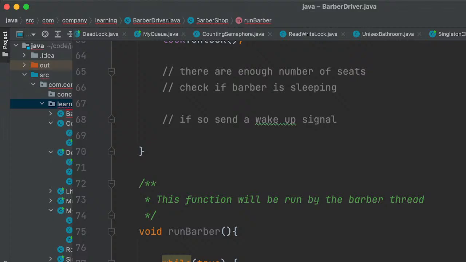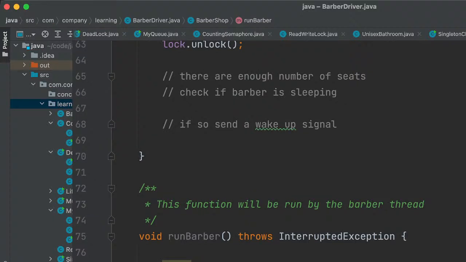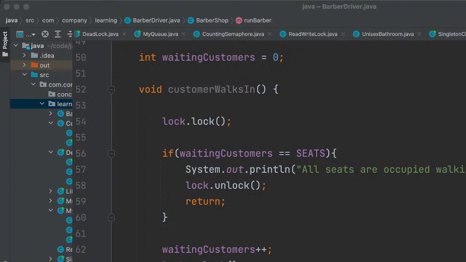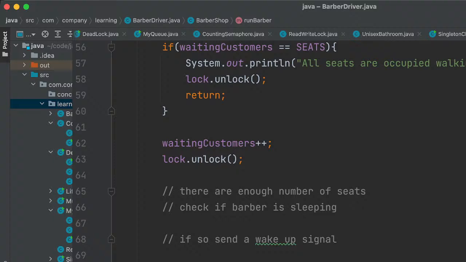I think we need to wait here because the customer needs to signal, right? So initially it will be in sleeping state. And we need to pass signal, acquire.